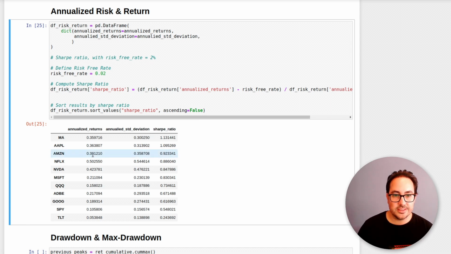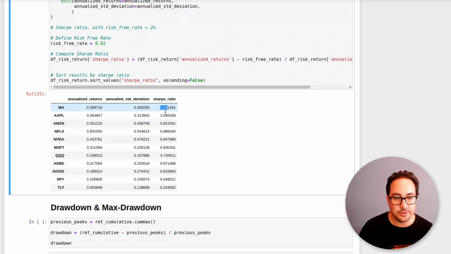So, and you can see that it shows a very different picture than just looking at the returns. So actually 1.13 is very good. It means that the return is higher than the volatility. 1.13 is very good. And you can see the SPY 0.54, it's worse, but this is also something that we can trust a little bit more in terms of remaining like that into the future. But then you have